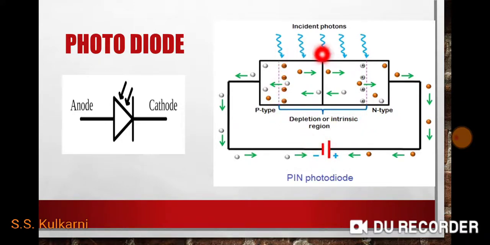As the intensity of light increases, the photons will increase and more and more electrons will take part in conduction and a large amount of current flows through the photodiode. So let us conclude. Photodiode absorbs the light intensity and generates the output in the form of electrical parameters. That means photodiode works on the photovoltaic effect. Hence, it is also known as a photovoltaic sensor.